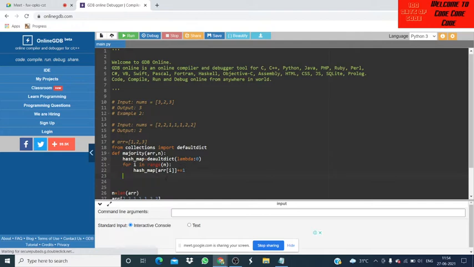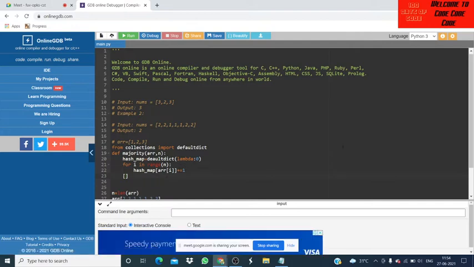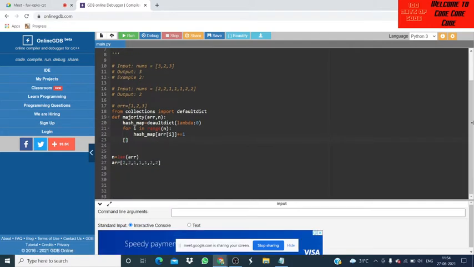In the hash map, 2 comes 3 times and 1 also 3 times. Now 2 comes four times, I guess. Sorry, 2 comes 4 times and 1 comes 3 times.